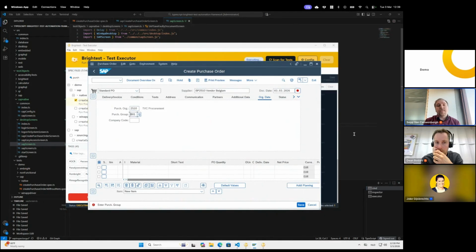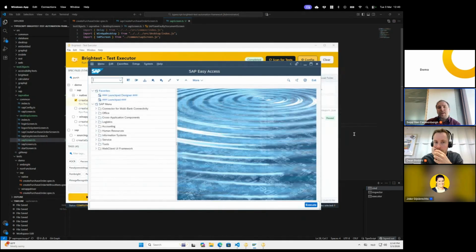It helps you to create certain execution strings, which could help you with setting up CI/CD, for example, or running a specific test without having to dive too deeply into the code, again reducing that friction even more. Here we just created a very easy purchase order, entering the supplier, purchase organization, and so on. We then proceeded to